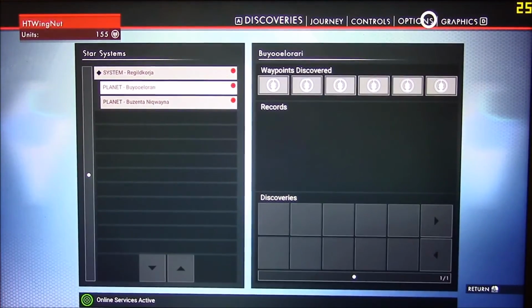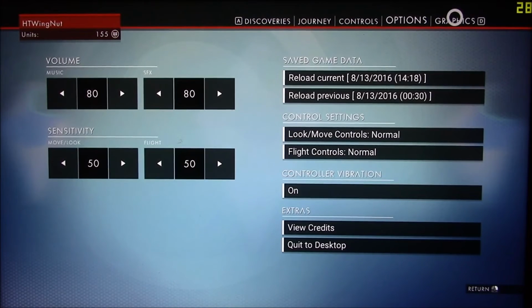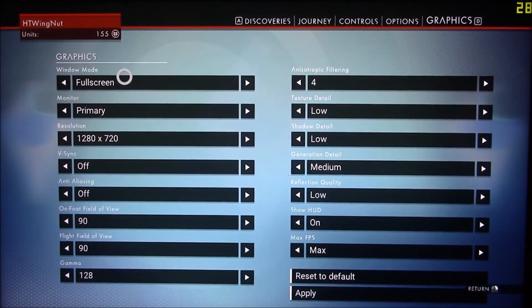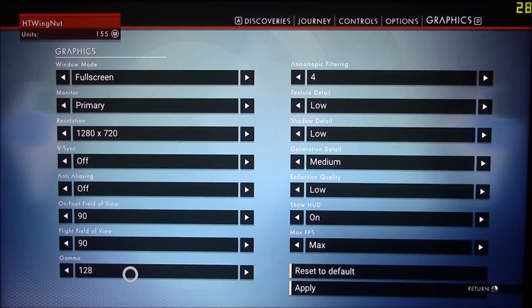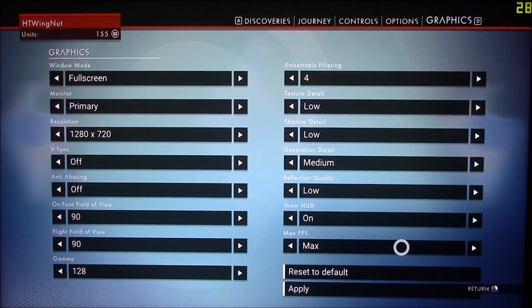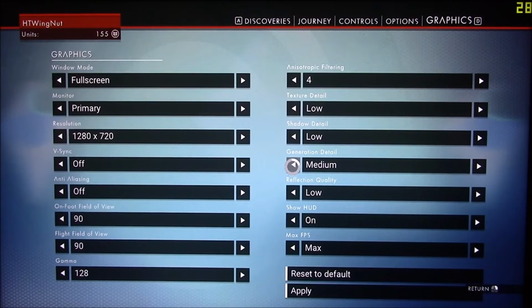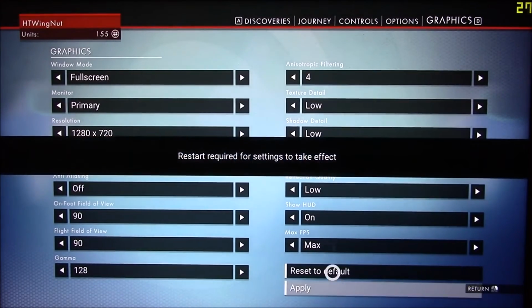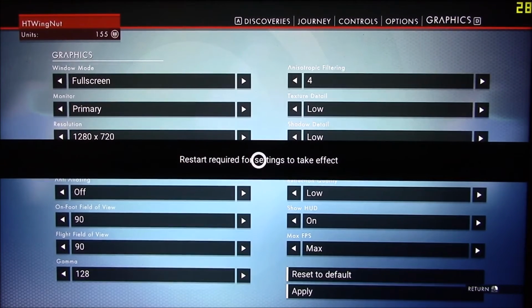Okay, let's go ahead and take a look at the graphics settings for this. I should have done this first, but you can see here we've got 1280 by 720 full screen mode. VSync is off, anti-aliasing off, 90-degree field of view. Everything's on low, max FPS. Generation detail, set that to low. I should have had that before, but I can tell you it doesn't make a whole lot of difference, low